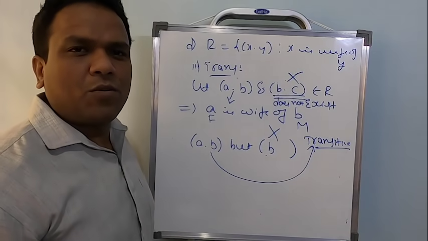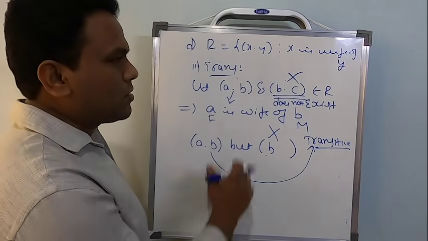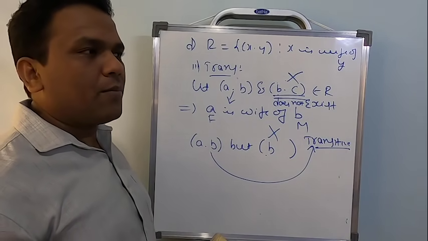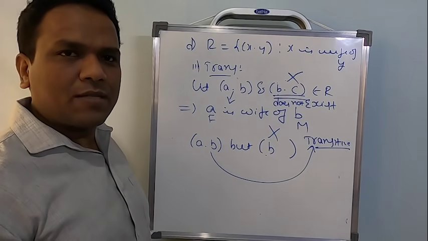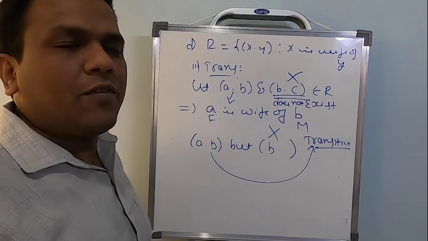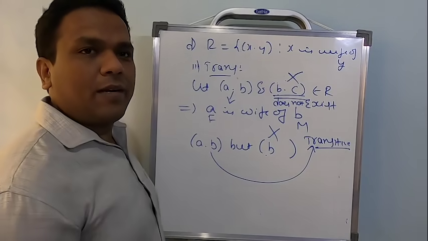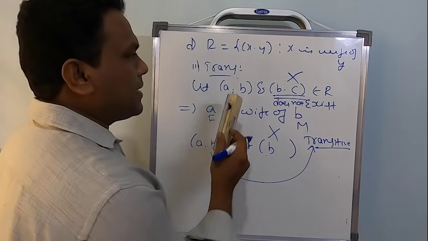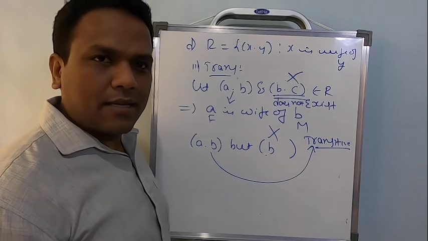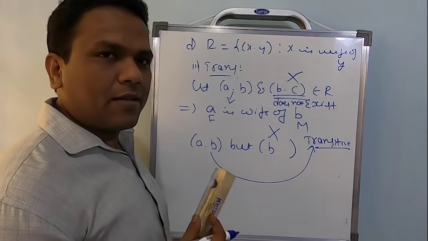It is purely based on human relations and you can understand better compared to numbers. This is how the explanation goes on. So this relation is not reflexive because a person cannot be wife of himself or herself. Then this relation is not symmetric because if A is wife of B, then B cannot be wife of A. And this is going to be transitive. Okay. Now what we say is one ordered pair will exist, but the second ordered pair does not exist to discuss transitive. Hence it's going to be transitive. And we call it trivial transitive.